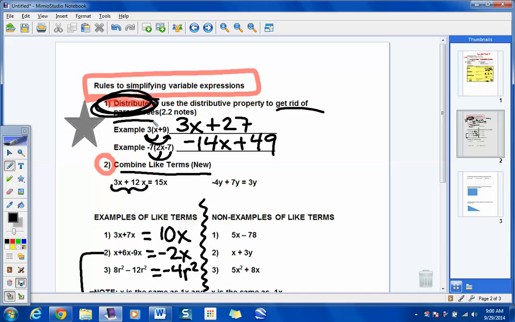Distribute to get rid of parentheses. Is every problem going to have parentheses in it? Not all the time. So you always check to see if there's parentheses first. If not, then go ahead and combine like terms. So real quickly,